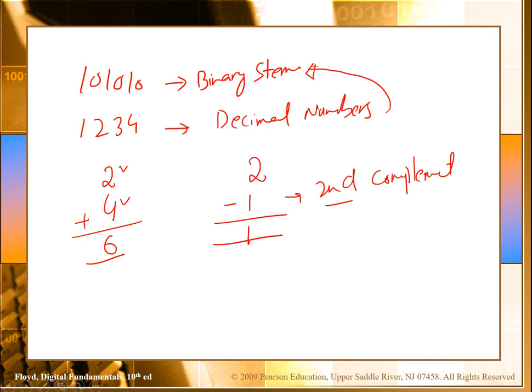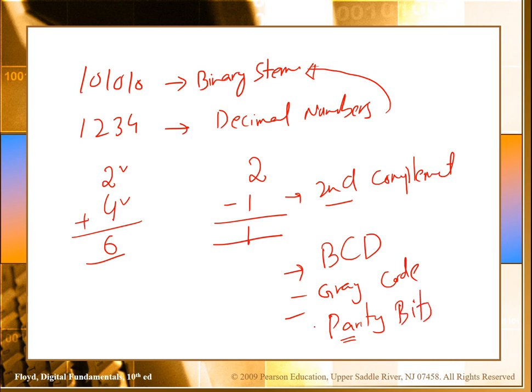And lastly, we will learn some general kinds of codes, which are commonly used for different applications, like binary coded decimal and, for example, the Gray code. Then we will study how we can increase the security of our code. I briefly touched on this topic in the first chapter: we can add parity bits. So we will learn how to add parity bits and how to define the parity, like even and odd parity of our system. That is actually the core of this chapter.